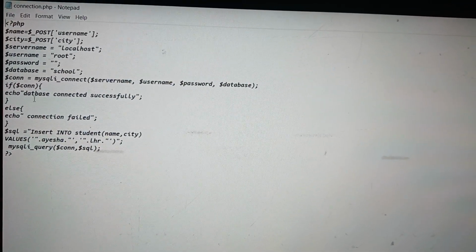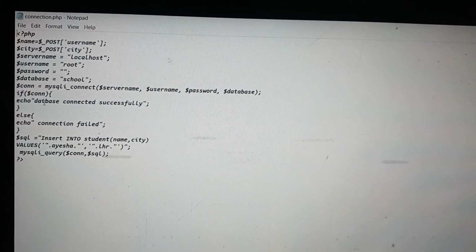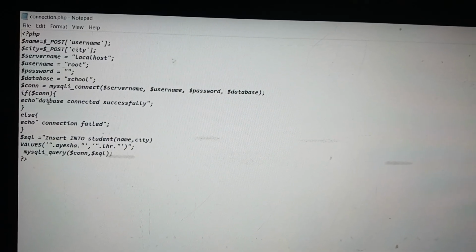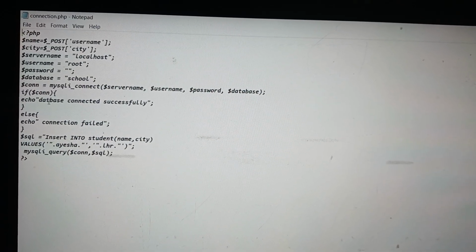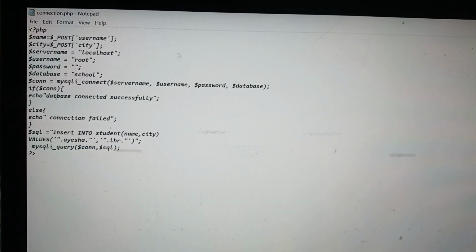So in this I have implemented another function, if or else, that print this line if it is connected, PHP file is connected to the database, connected successfully, else echo connection failed. Then you can see that there is another function